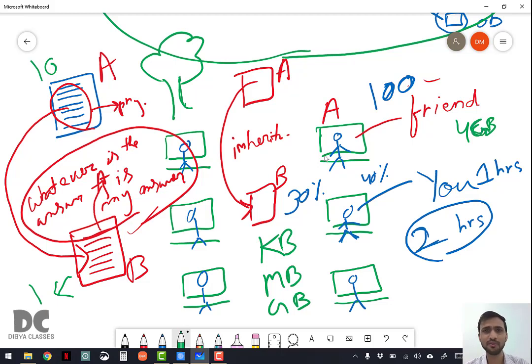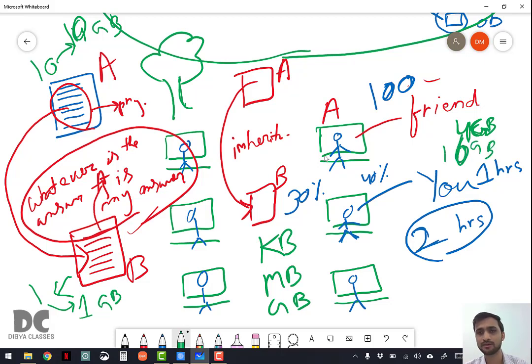So here, for example, 10 pages is worth 10 GB of data, of information, and 1 page means 1 GB. So why use 10 GB? Because between a 4 GB pen drive and, for example, a 16 GB pen drive, which is cheaper? Obviously 4 GB. So this will be cheaper for you.